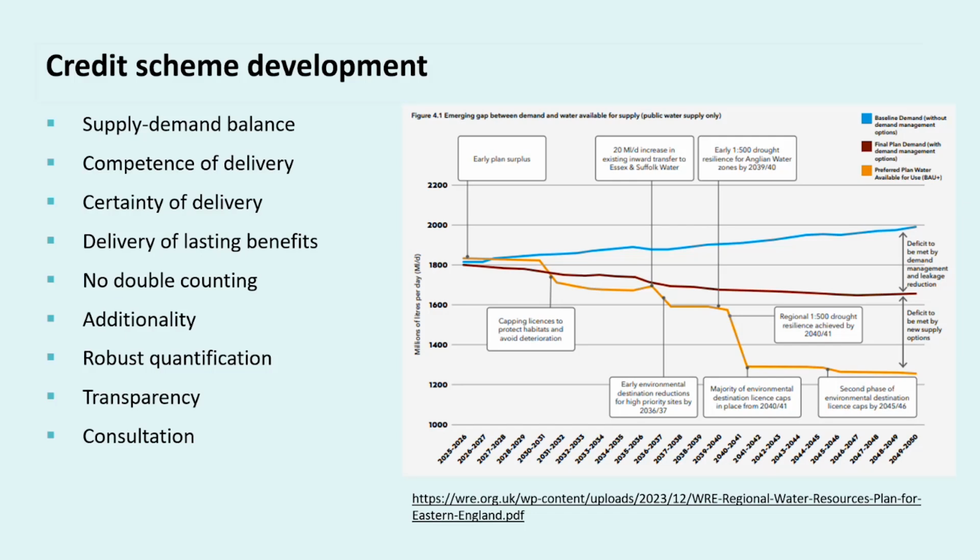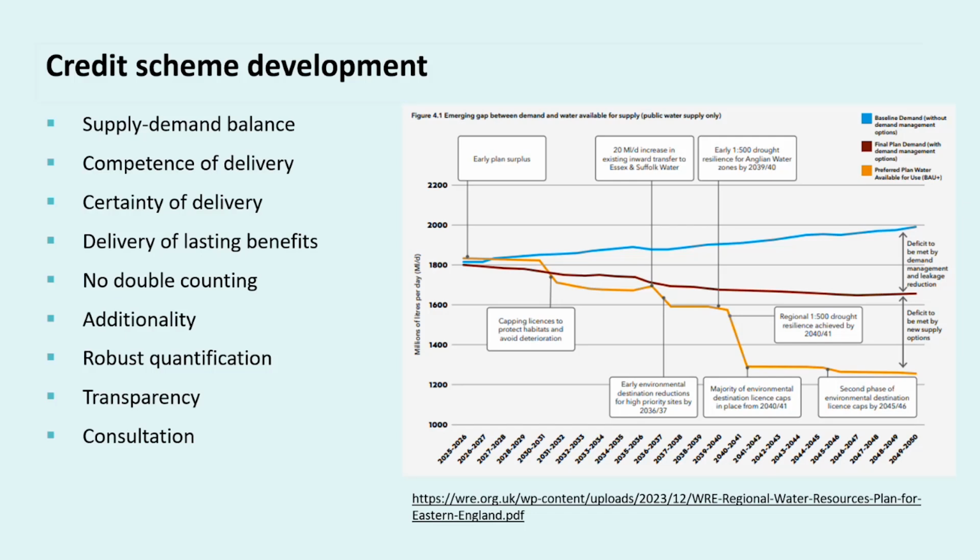Mitigation or credit schemes must be developed by those that are competent to deliver them, and the regulators will of course have a big say over whether somebody, an organisation or an individual, is competent to do so. Understandably, the regulators also require that water neutrality strategies and credit schemes are robust and deliver the required outcomes. And so when developing a mitigation scheme, the approaches have to have certainty of delivery. They must be scientifically and practically deliverable. They must also be deliverable for the duration of the required mitigation.